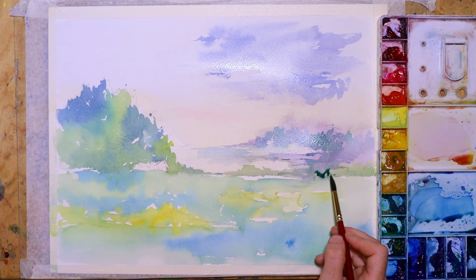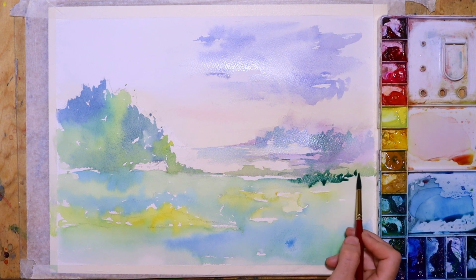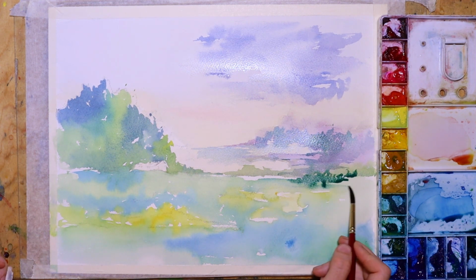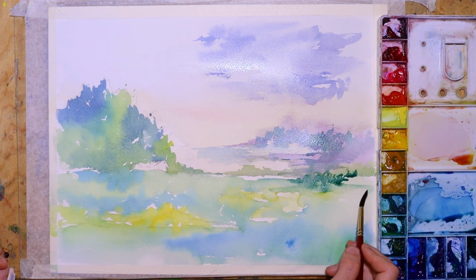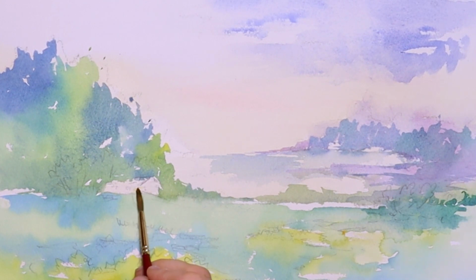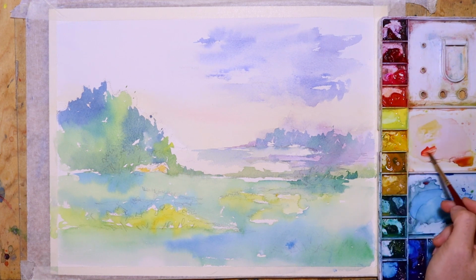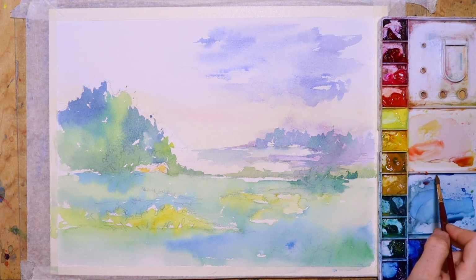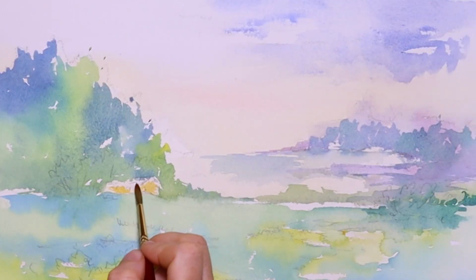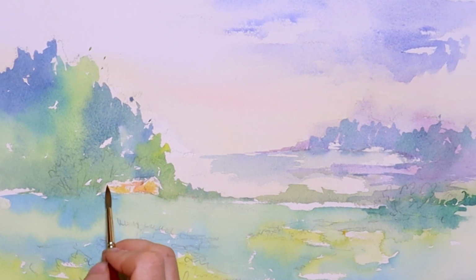Yes, we're adding more stronger colors as well as using water to water it down a little bit. And then I continue with the house while everything is drying. So I use some raw sienna and I add some cadmium red. It's always good to add some of the reddish colors when you have an overall green painting, so they complement